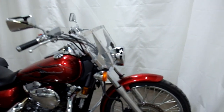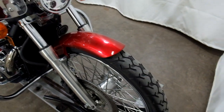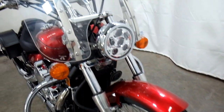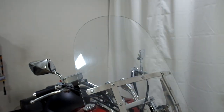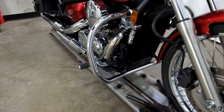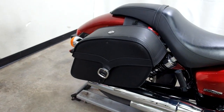This bike doesn't show any type of tip-over damage, does have a few scuffs on it from being ridden. Tires are in good shape, got some miles left on them. Comes with a Daymaker style headlight, a clear quick release windscreen, highway bars, saddlebags,